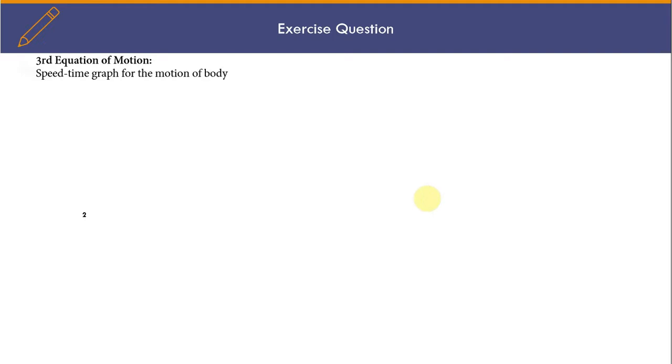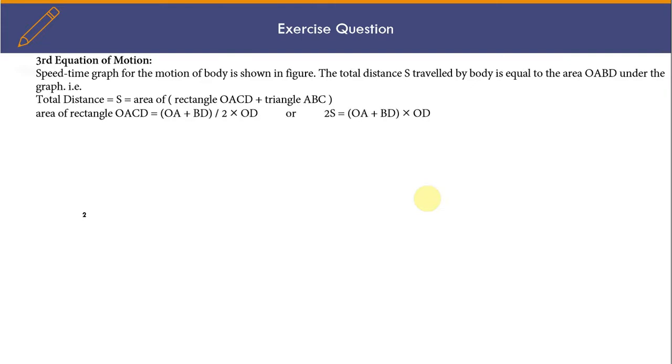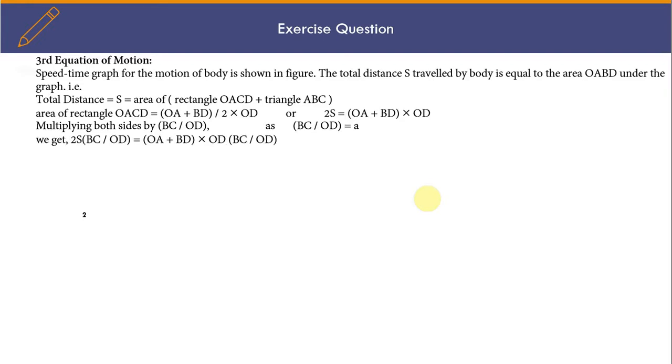Now the third equation of motion. The speed-time graph for the motion of a body is shown in the figure. The total distance traveled by the body is equal to the area of OABD under the graph. That is, total distance S is equal to the area of rectangle OACD plus triangle ABC. The area is (OA plus BD) by 2 into OD, or 2S is equal to (OA plus BD) into OD, multiplying both sides by BC by OD. As BC by OD is equal to a, we get